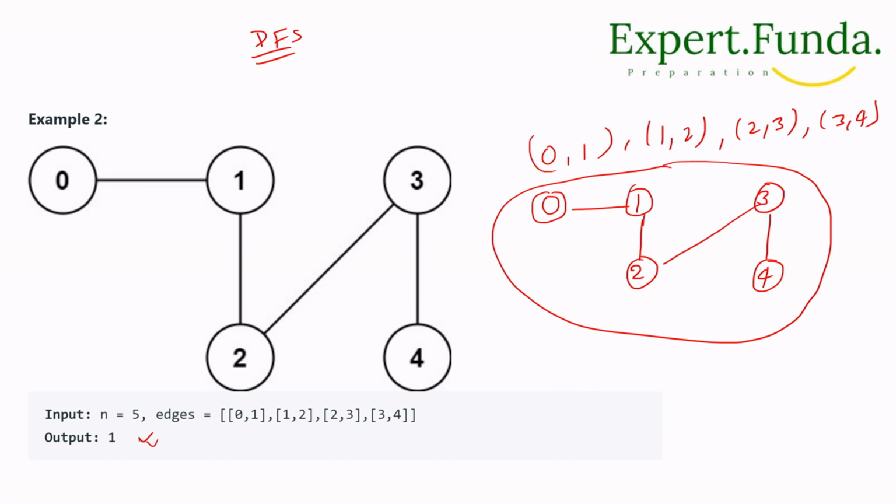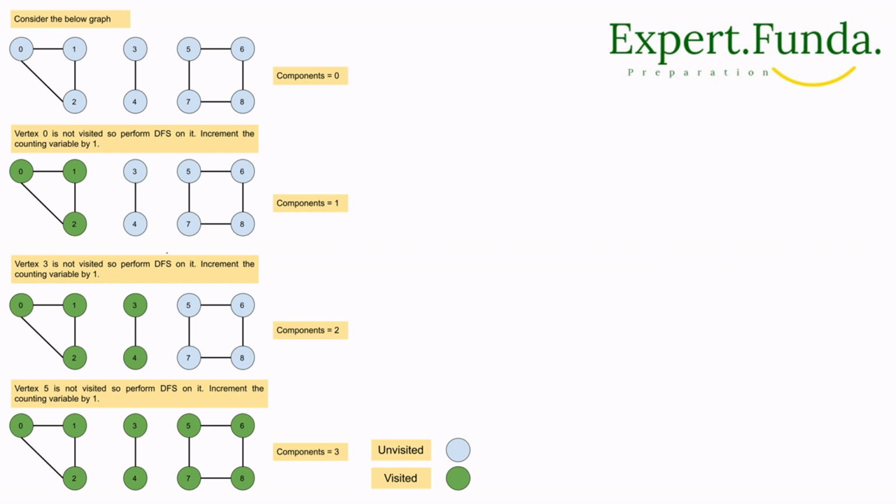And let's see this one. Let's consider this example. What we have here: we have 0, 1 and 2. We have taken 0, 1 and 2, three nodes, and they are connected with each other. Another one we have, 3 and 4, like this. And another is 5, 6, 7, 8, as you can see here,